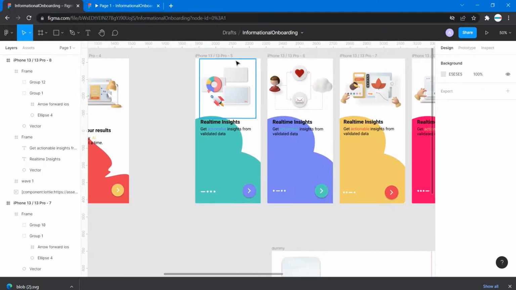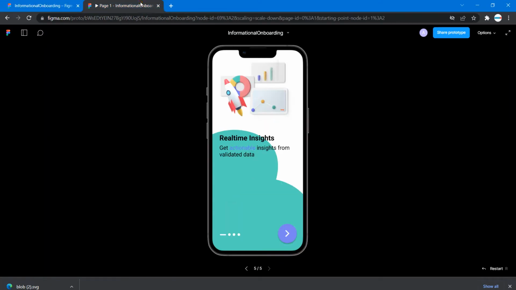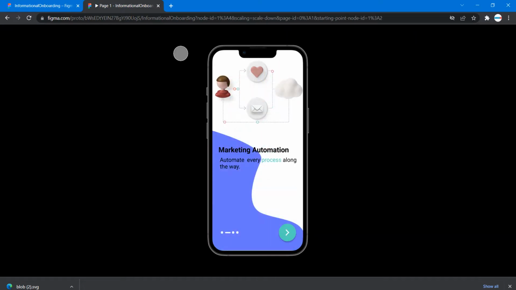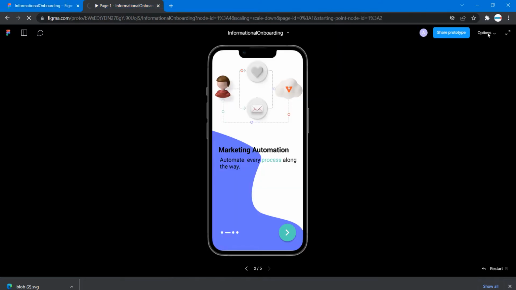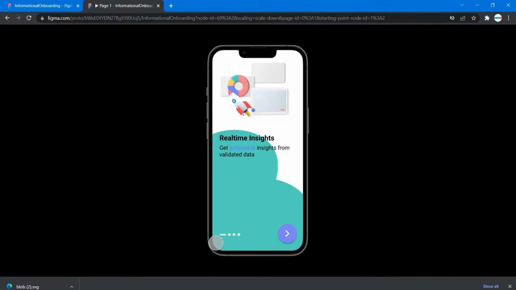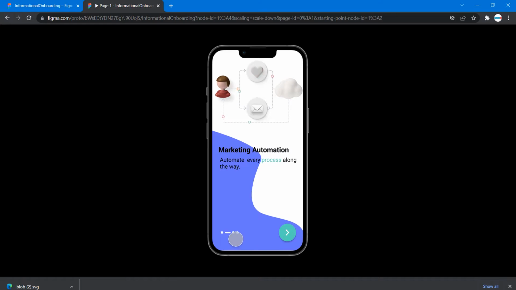Let's preview this and let me see if you preview it here. Then close this and I'll preview it again. It's taking some time to load. You can see on this screen we have the horizontal icon here, to help us know which screen we are on. Then on this screen,